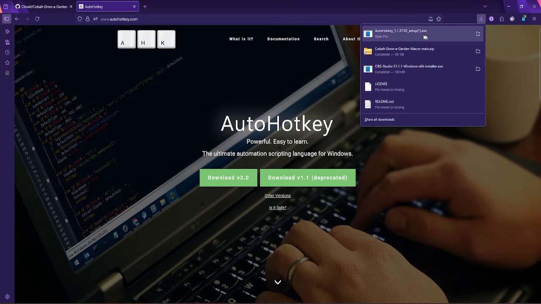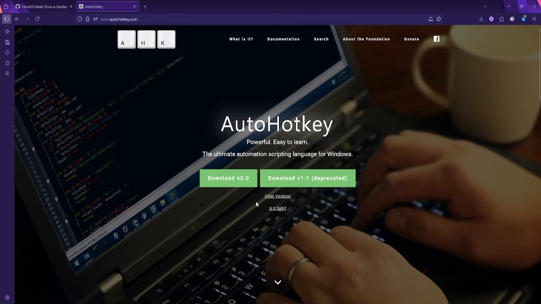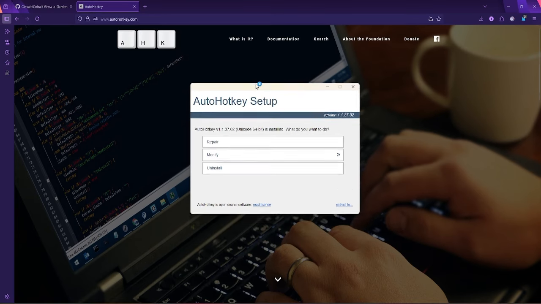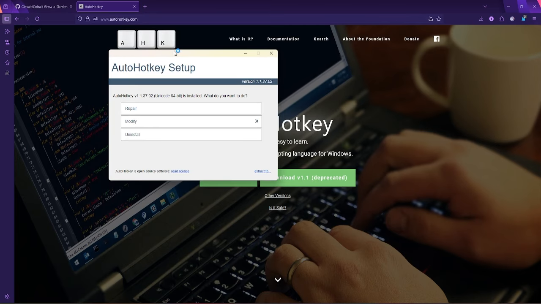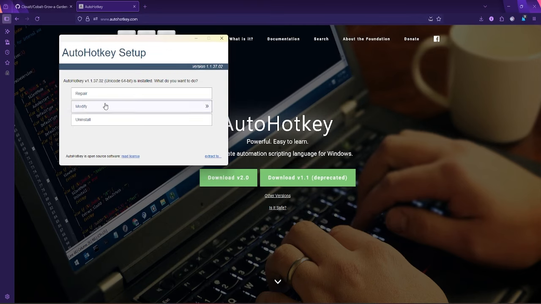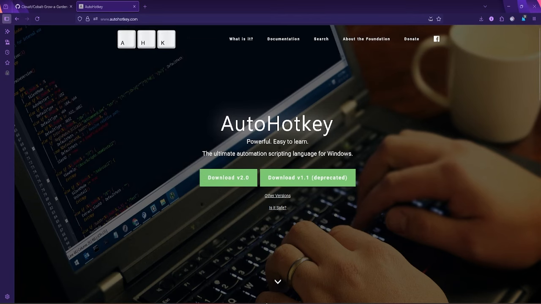Now from here, what you're going to want to do is go to the files and then open the AutoHotkey setup, and then click the yes button to allowing it to make changes on your device. And it will now say this, and what you want to do is click the install button. I already have it installed, so you will go through the installation process, and then once that is set up,